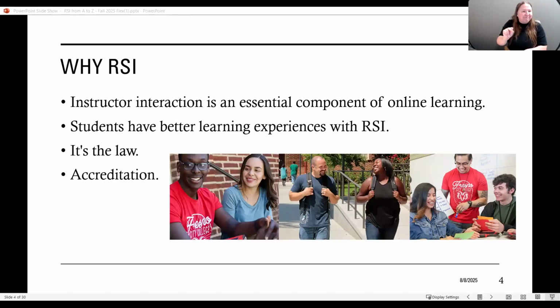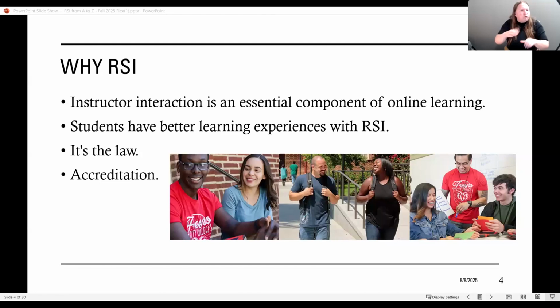This is a way that you are creating a community of learners. So the students, just like when they are in a face-to-face class, feel like they're part of a group. These RSI practices are a way to get students to feel that, and they really respond. It's motivating, and lots of studies, like we said, show that students do better.